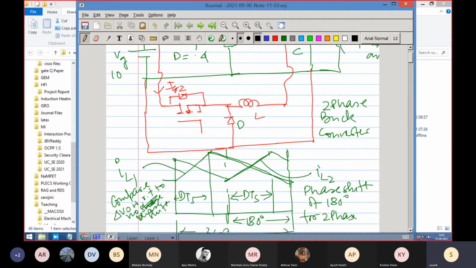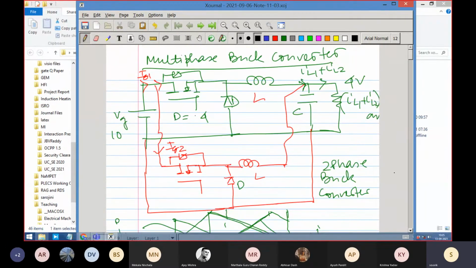So you know this, one of them is turned on in this portion, the other one is turned on in this portion. The D looks a little different because of my inaccuracy in drawing, but they are all D equal to 0.4, identical. And the inductor current has no way of understanding what is happening to the other inductor. So IL1 builds up like this, IL2 builds up like that, and the total current going to the capacitor, that is where the difference comes, and that is where the advantage comes.